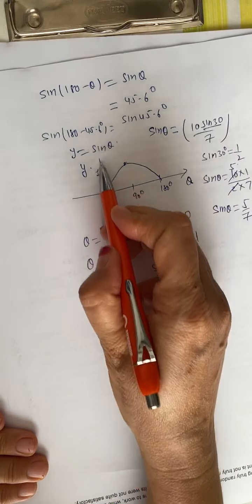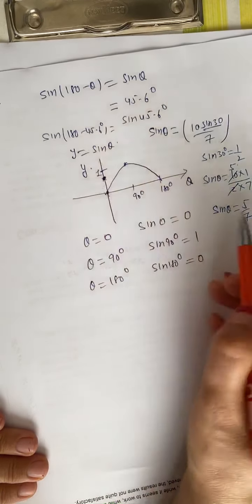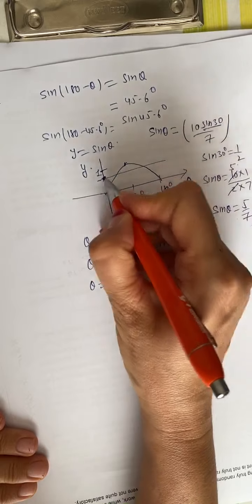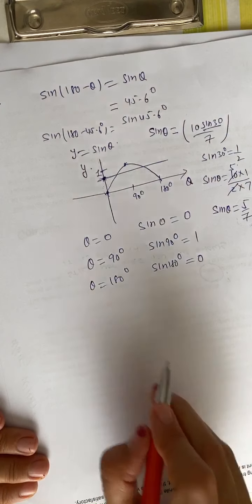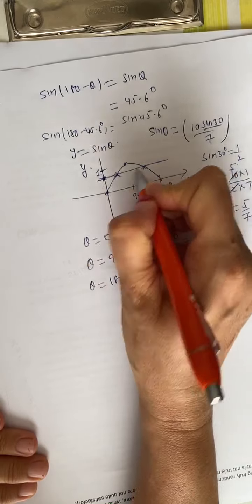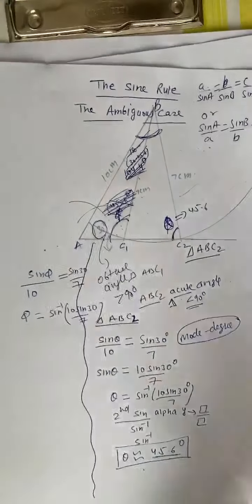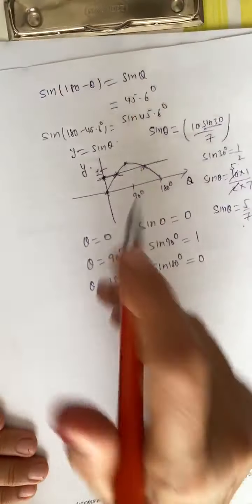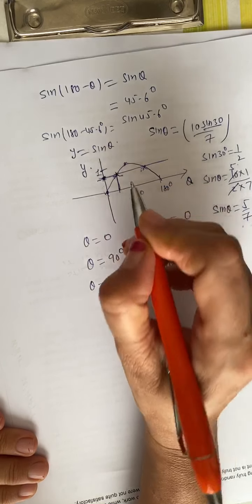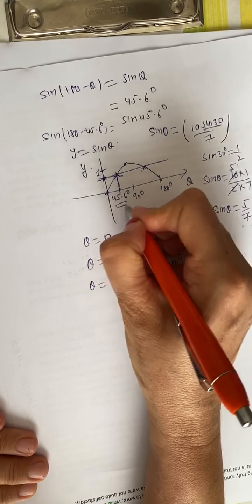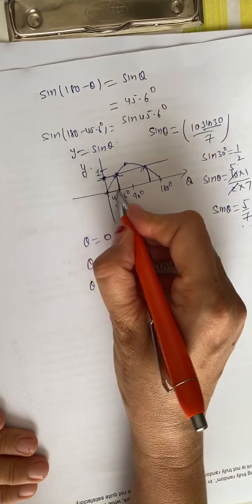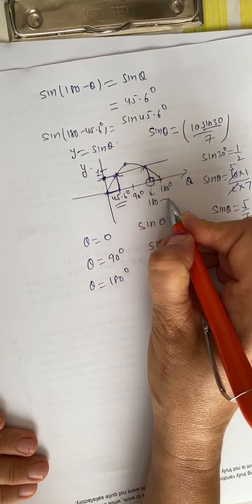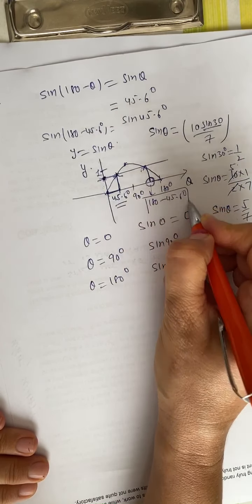So we are trying to solve sine theta equal to some number. Sine theta is your y value, since y is sine theta, and this is your 5 over 7. If y is 5 over 7 and I draw a line, we are trying to find these two intersections. In this diagram also we had these two points of intersection, and they correspond to the angles. Here we already found one angle, 45.6 degrees. By symmetry this angle is 45.6, so this other angle will be 180 minus 45.6.